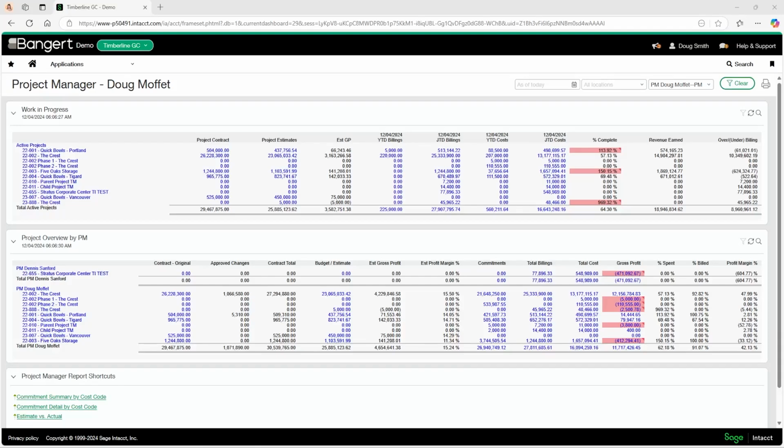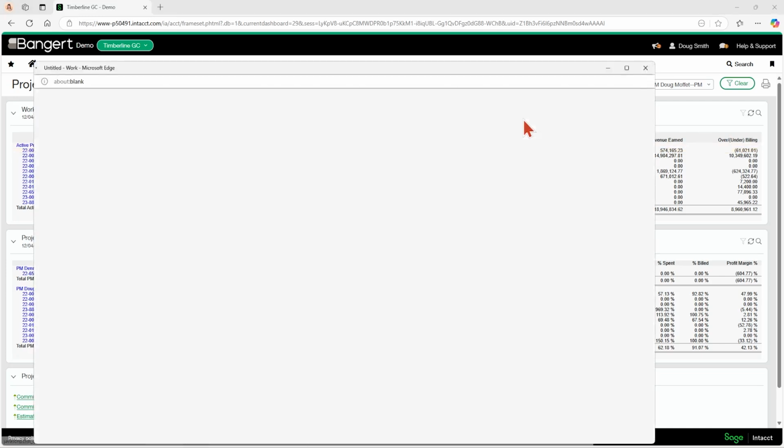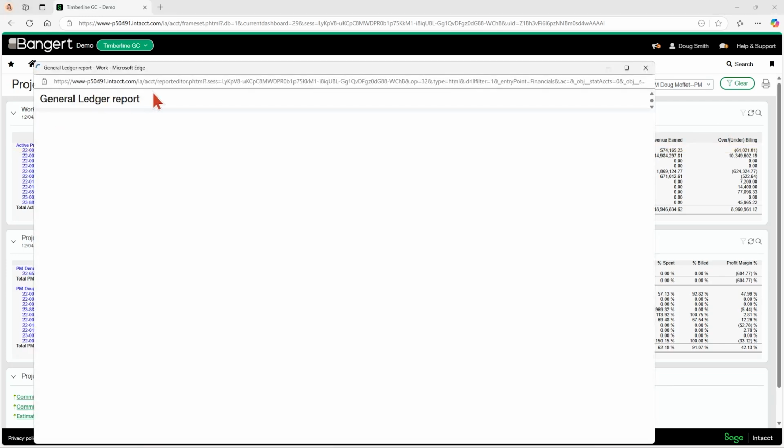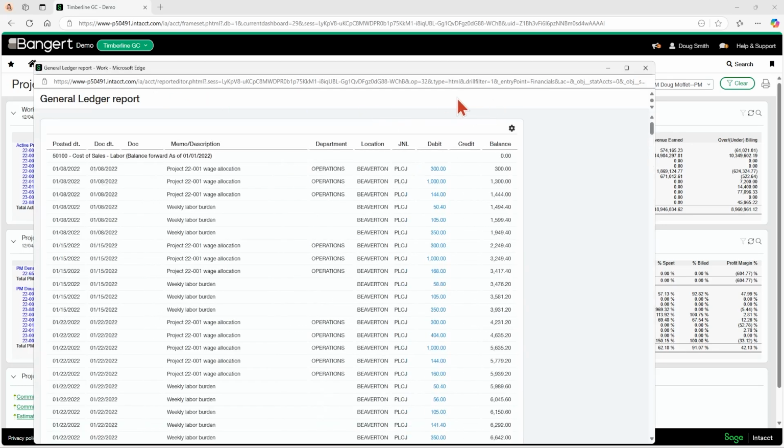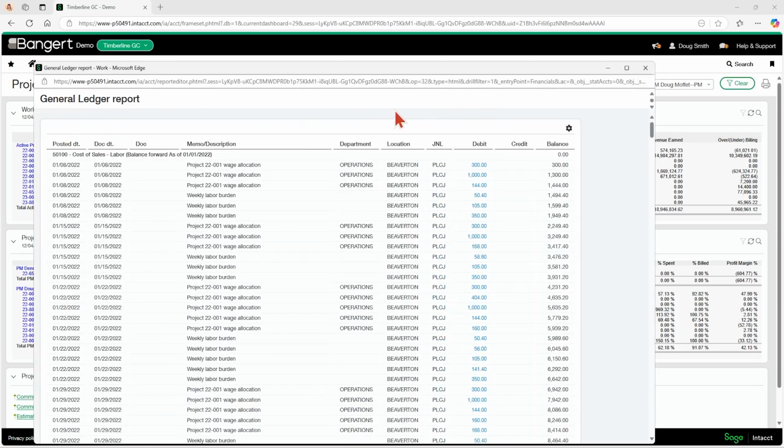Sage Intacct has come out with a new feature which allows dashboards to be drillable without opening up the general ledger. Previously, when you drilled into an amount on a financial report and it pulled up the general ledger transactional detail, the customize button would appear and you would be able to change this view and change this account and get to other general ledger accounts. Now that option is removed and you can only see the account that you're drilling into.